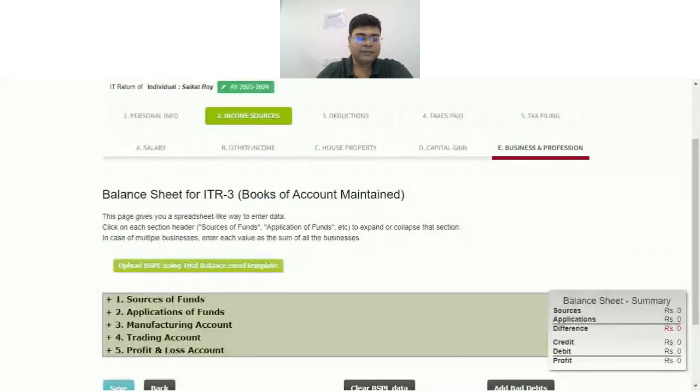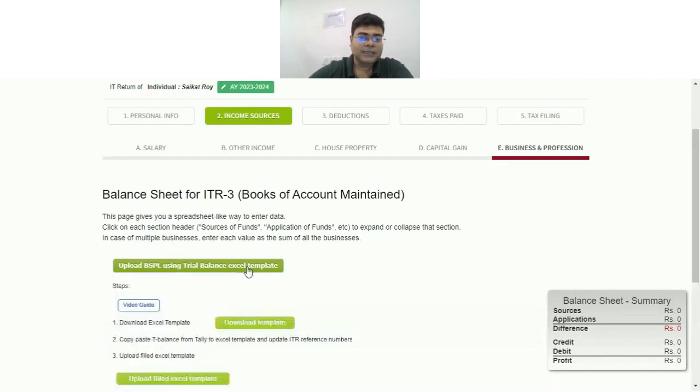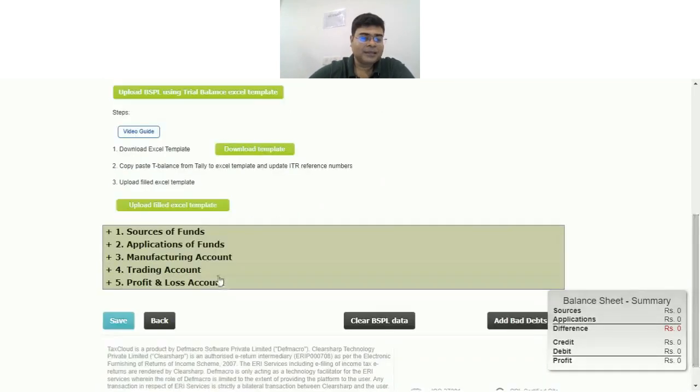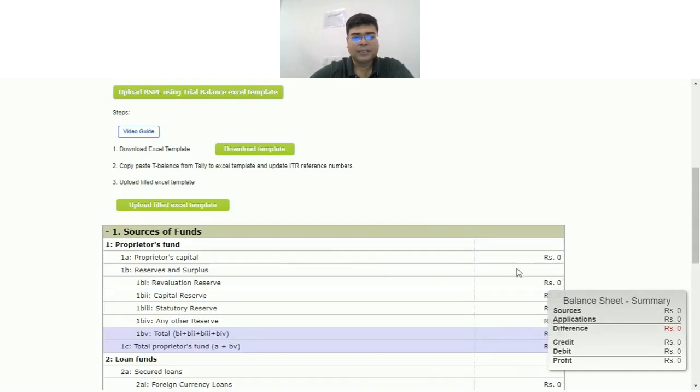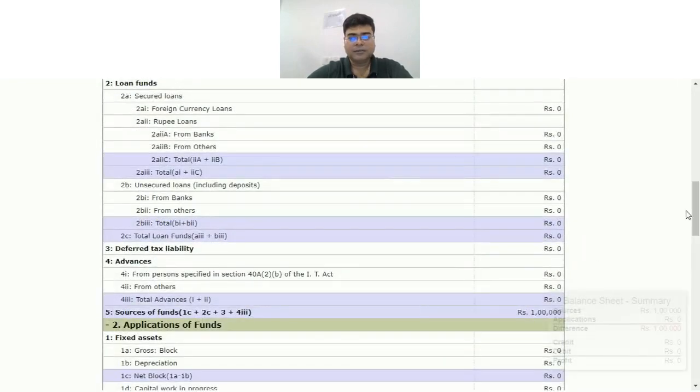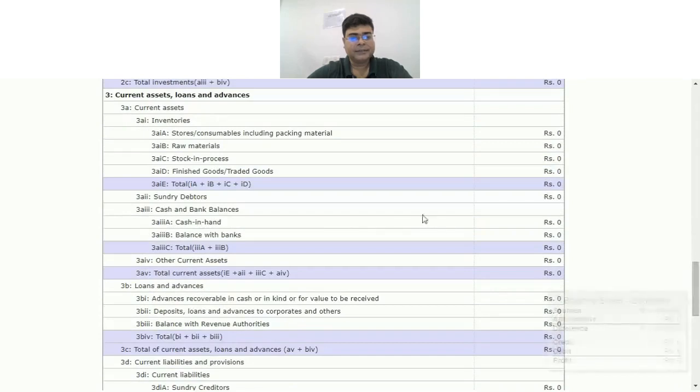So we actually have also made it data import. We are importing the data. So if you have an Excel trial balance, you can use the Excel template of the TaxCloud trial balance, input the data and upload the trial balance so that the amounts would be segregated in proper heads, right? So let's put some amount in here. Let's say there is a capital of 1 lakh, right? Let's say there is some amount of bank, okay,